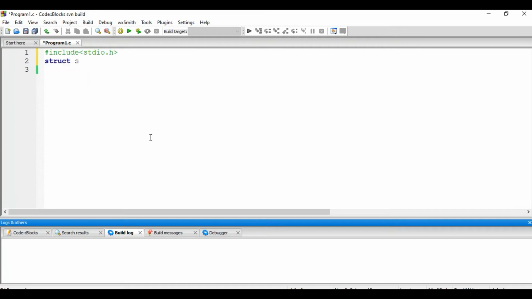Then the structure name. I am going to store information of a student, so I write student here. Then my curly bracket. This is my structure body. Inside the structure body, I need to create member variables. Here we are going to store roll number and name. So integer rno and character name. My structure is finished.